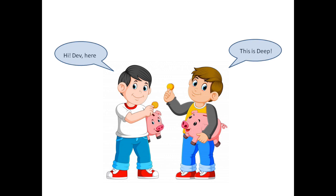And at the end of the week, she will open up the piggy bank wherein all the points are collected and see who has got how many points. This is how the mother keeps the two kids involved. Now the week passed by and on the last day they opened up the piggy bank and found that Dev